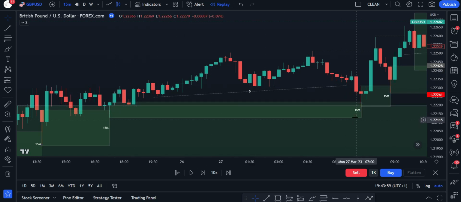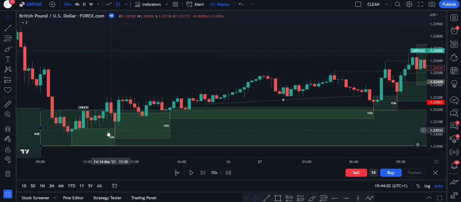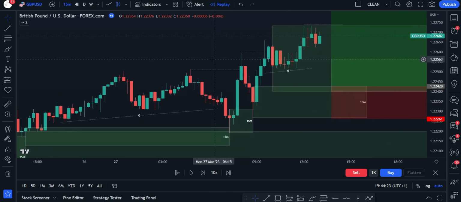this area of 15-minute demand, which is the last unmitigated 15-minute demand zone. So you can see there's a chain here. We have a demand here that was tapped into, which means it's been mitigated. This 15-minute demand zone, which was tapped into, which means it's mitigated. And then you've got this one along here. So come Monday morning, if you're up early enough at 7:15, which is the Frankfurt Open,